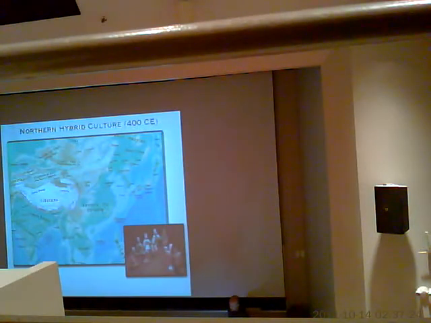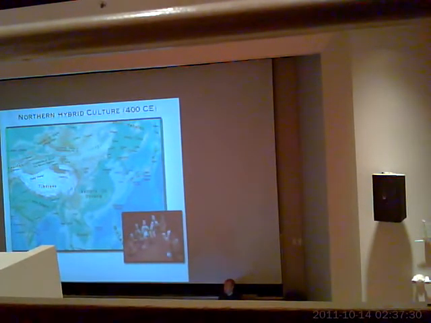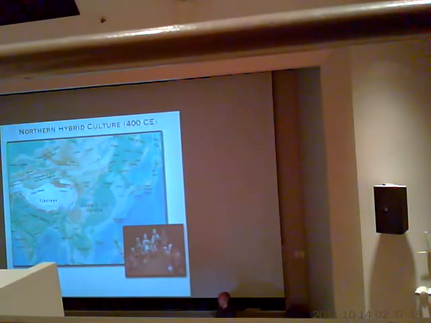Although there is a lot of intermarriage between the two groups, and a lot of mobility across ethnic lines, there's this kind of oscillation of ethnicity. The ruling house at some points is proud of its Xianbei Toba heritage and makes everyone dress that way, and then other times they start moving a bit further south and take on Chinese characteristics. At one point the Xianbei even take on Chinese surnames and convert the Wei kingdom into a Chinese kingdom. So there are shifting racial identities among the people at the time.